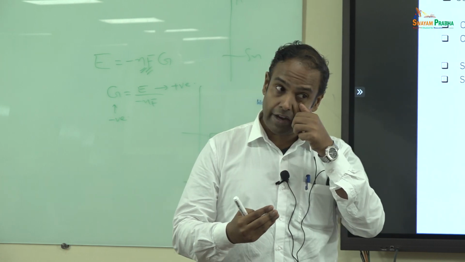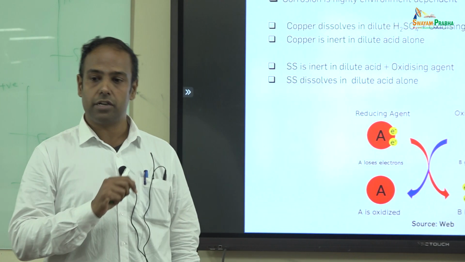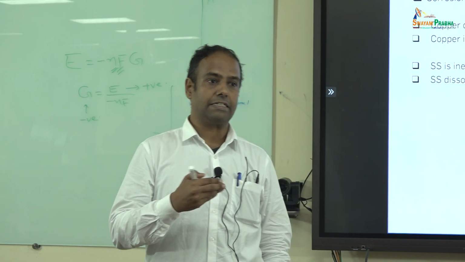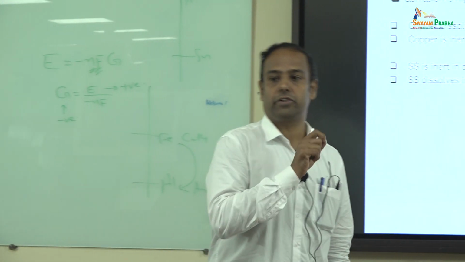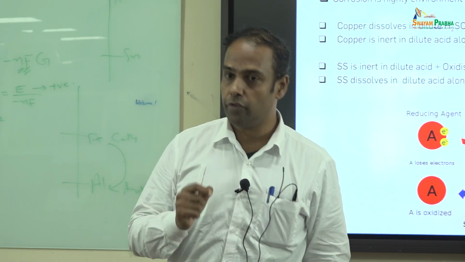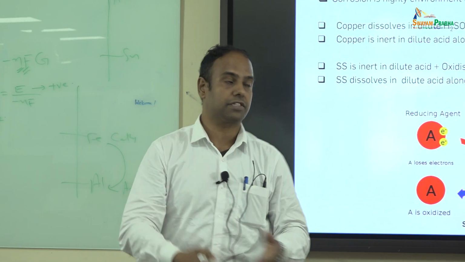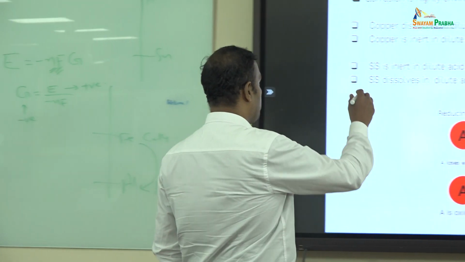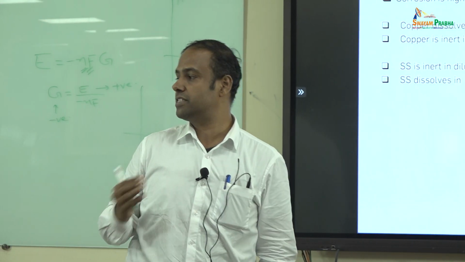But stainless steel is the reverse of it. Why? The stainless steel will dissolve if it is in deaerated acid, but it does not dissolve in aerated acid. The reason is, what is the reason? How does stainless steel become stainless? So basically this stainless word comes because of the formation of an oxide on the surface. In order to form an oxide in deaerated conditions, you do not have sufficient oxidation power to produce the oxide. So I need a solution which contains oxygen. Stainless steel will become passive if and only if you have sufficient oxygen, or the solution or environment is aerated.